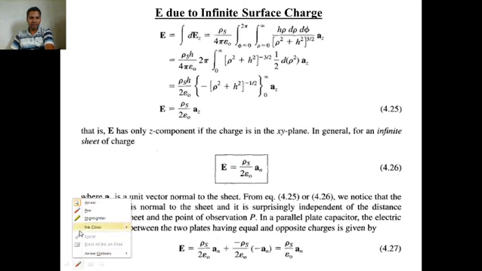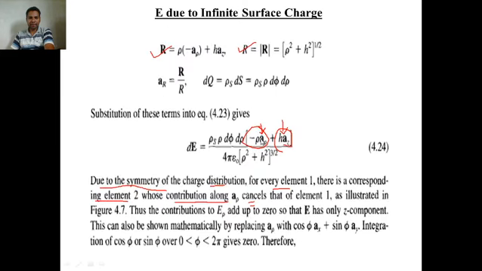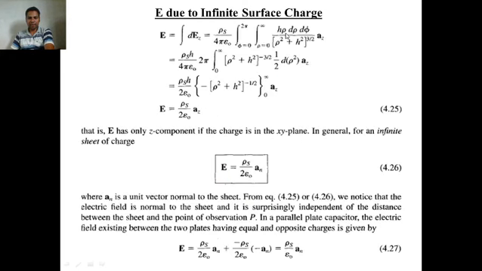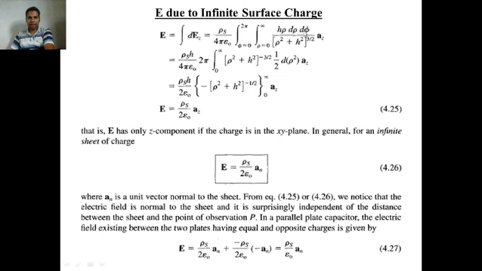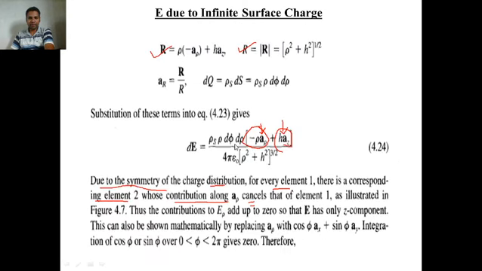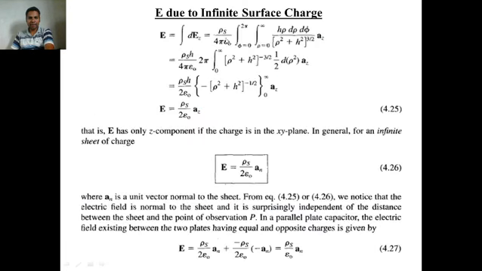So that's why your formula becomes rho s upon 4 pi epsilon 0, this h. Where is h? This h is remaining, this h is here. And r is here, from where did this r come? From this point, dr and d phi came from here. 4 pi epsilon 0 is here as it is, and r square plus h square to the power 3 by 2, how is it obtained?